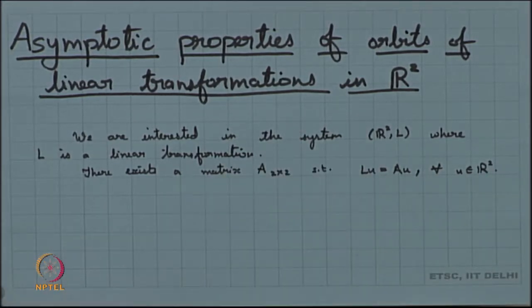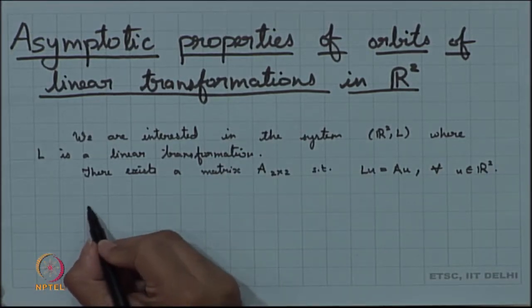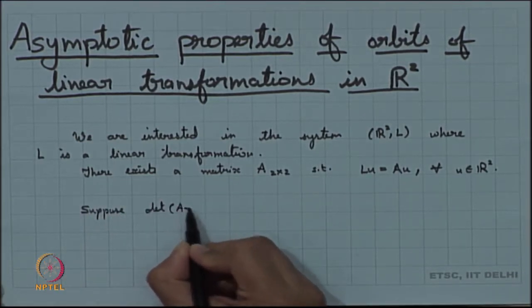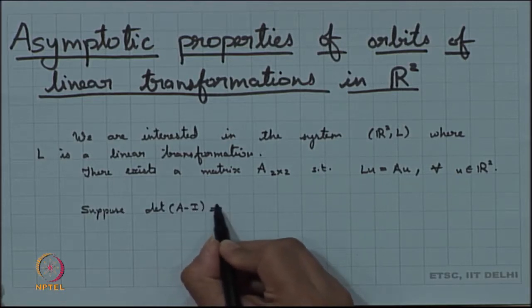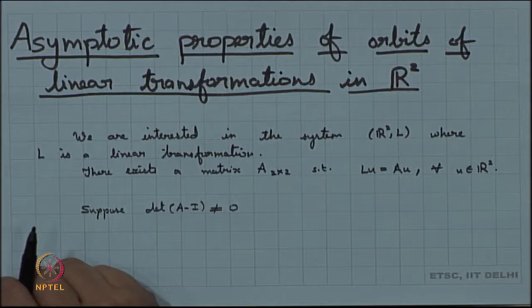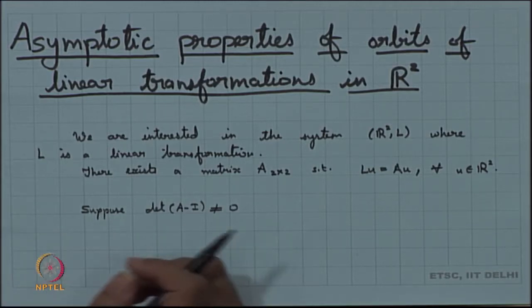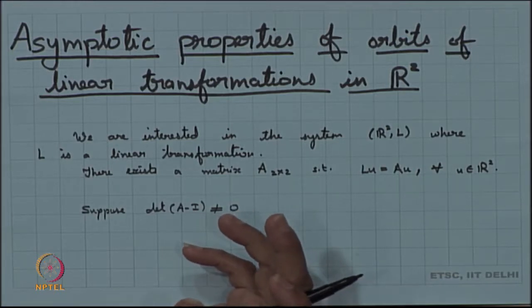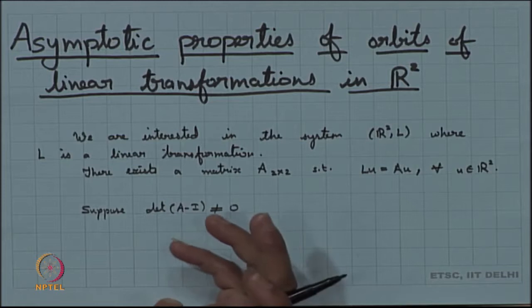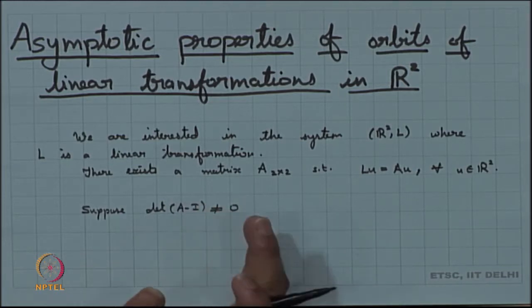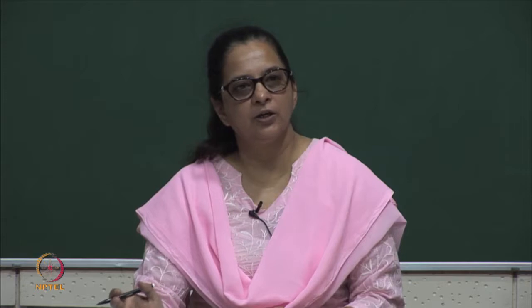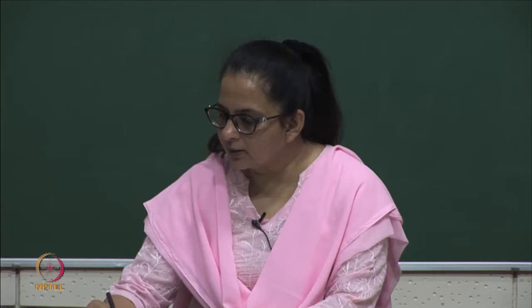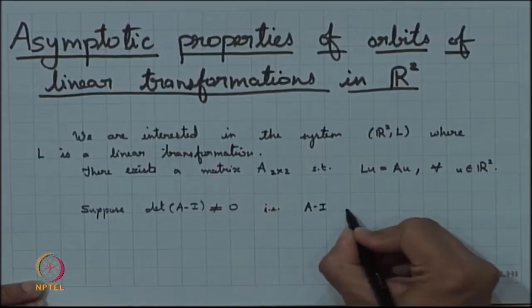Let us look into the condition. We suppose that the determinant of A minus I, the identity matrix, is not equal to 0. To say that the determinant of A minus I is not equal to 0 means that A minus I is invertible, it is non-singular. So, basically it means that 1 is not an eigenvalue. So, this means that A minus I is non-singular,